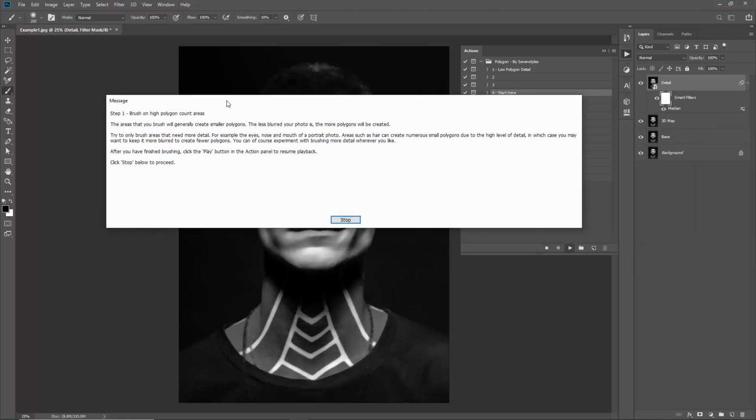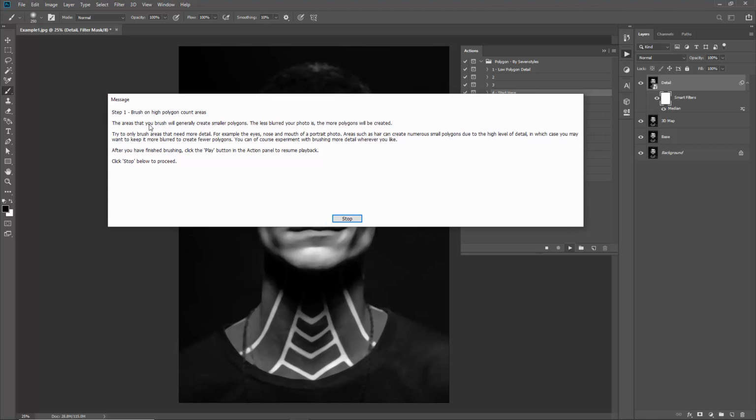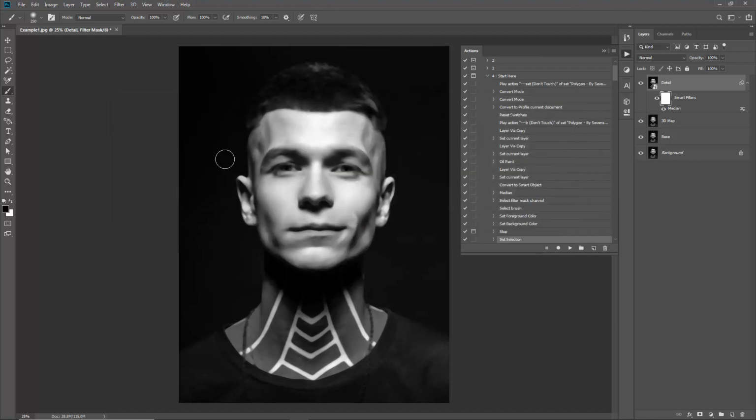Now, once you click play, you're going to get a message, and this will guide you through what to do next. It's very simple. It just says step 1, brush on high polygon count areas. So if I click stop, you'll see that the action stopped playing back and the brush tool is selected. Now, I've just selected a soft brush here, so whatever brush you want to use, it doesn't really matter. What you want to do is start brushing the areas where you want to apply a higher